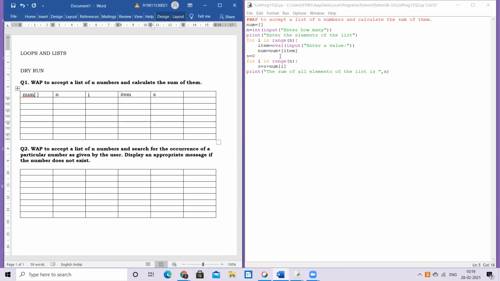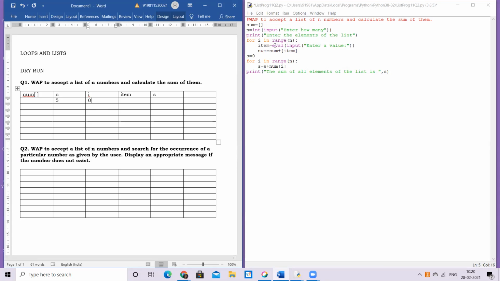Okay, so let us start now. So I have first, I'm going to assume my n to be 5 as given to me by the user. It's an assumption. For dry run, we always have to assume a particular input, rather all the inputs, and then do the execution, right? So n is 5, I'm assuming here. Then my loop starts here after displaying this list of element thing, enter the elements of the list. Now the first value of i is 0 and not 1, okay? So i gets the first value as 0. So 0th iteration is running technically.